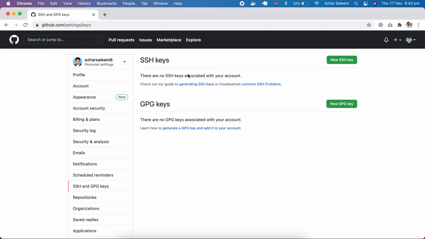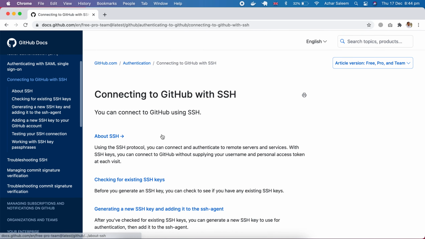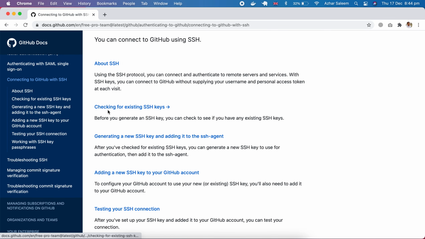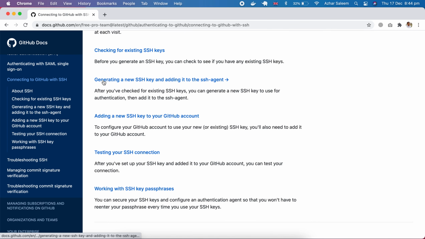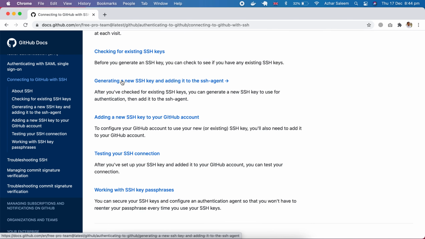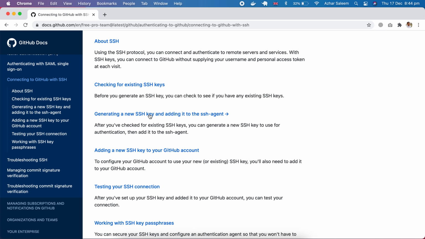Currently I don't have any SSH key. Here you can check out a guide on how to generate SSH keys. If I click here, there's a section about checking existing SSH keys, and in number 3 you can find generating a new SSH key. If I click here,